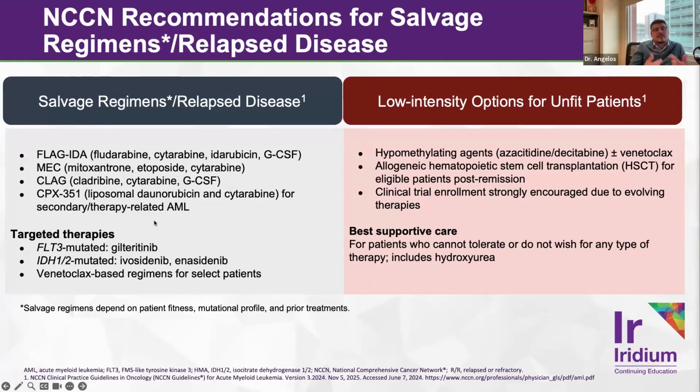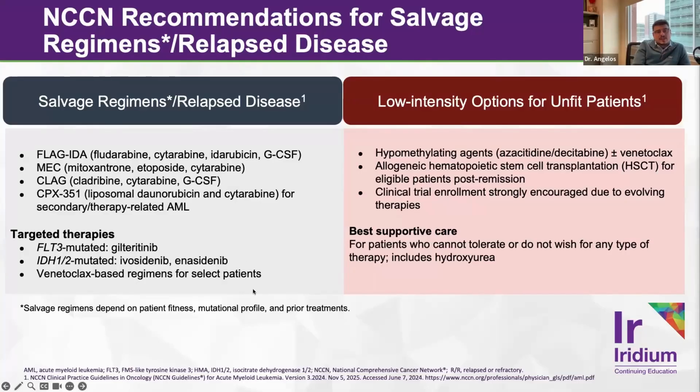So, for example, if patients have received 7+3 and are refractory with residual disease at the end of induction, it really doesn't make a lot of sense to then give them something like CPX-351, which is liposomal daunorubicin cytarabine. It's basically the safer version of high-intensity chemotherapy. Similarly, if patients start out with maybe even a higher intensive regimen like FLAG-IDA, it doesn't really make sense to then follow up a refractory disease situation with standard of care 7+3. So some thought should be given to the salvage regimen. And in my opinion, it's always best to try to choose drugs that have different mechanisms of action than what they have already seen and what they're already refractory to.